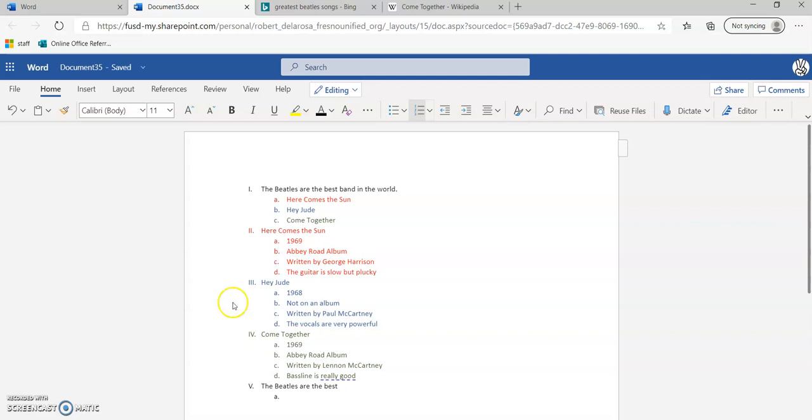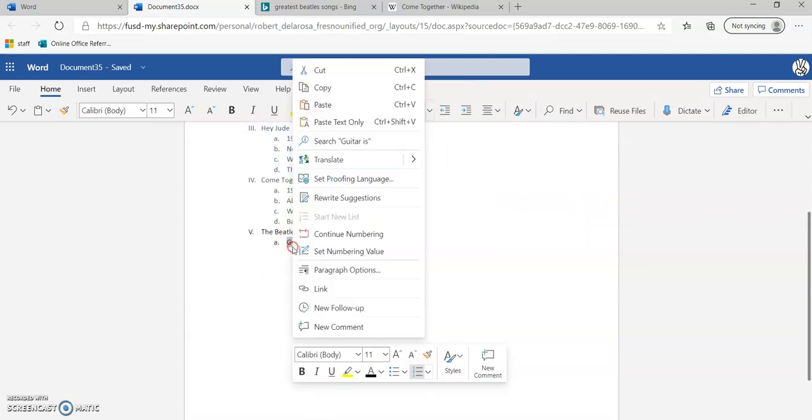hit my tab over, and what I'm going to do here is I'm going to add an A, B, C, one for each of these songs, and I'm going to add the D. So, guitar. Guitar is, actually, you know what I can do? I can just copy, Control C, or right click, copy, and then I can go here, right click, paste,